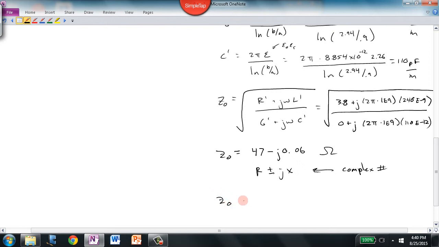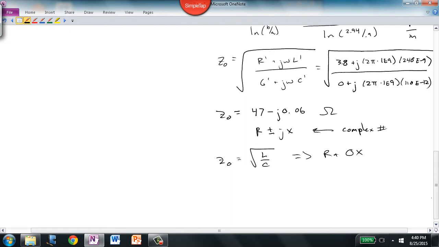For our lossless T-line model, we had the square root of L over C. Well, there's no J omega in terms of here, so that's going to give us some value R plus 0J. So interestingly, we'll always end up with a real valued number when we have a lossless T-line, which is an interesting